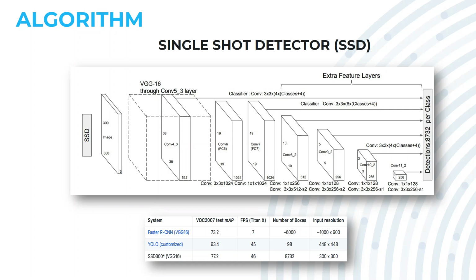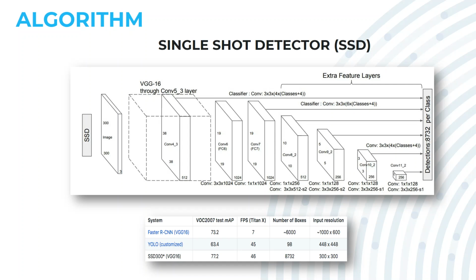We are making use of the single shot detector algorithm for object detection using TensorFlow. The figure here shows the layer architecture of the single shot detector. To the extreme left is the input image with resolution 300 by 300, which is given as input to the VGG16 network. This VGG16 network is used in the initial step to extract feature maps. These 6 layers are 6 convolutional layers, which will perform the classification and object detection task.